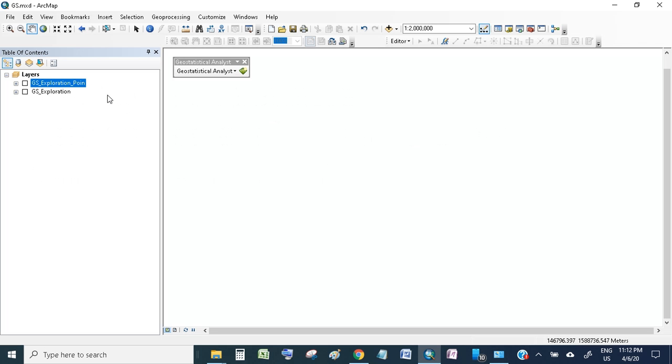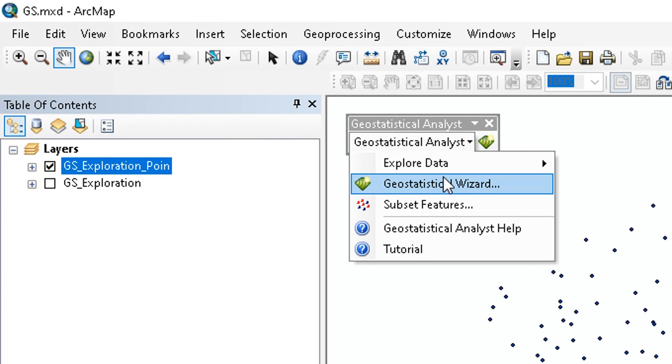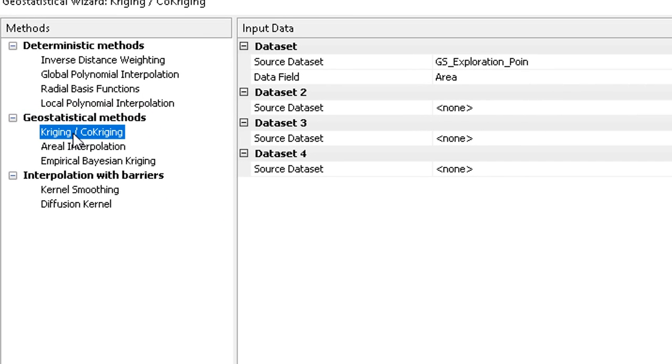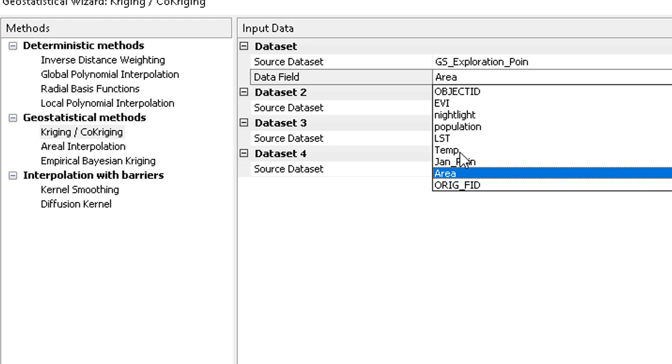I will use this software and this data, and it is very interesting to know how it is related to the surface of the earth or the statistics of the earth, and how it is different from the method which we have learned earlier. For that purpose, I will use the same data, and as you can see here, under Geostatistical Wizard, this is the geostatistical part and this is the Kriging part. By the way, earlier it was Kriging only, but thereafter some methods arose. So geostatistical is Kriging or co-Kriging. If I choose this option, Kriging, and I take my data with the temperature,